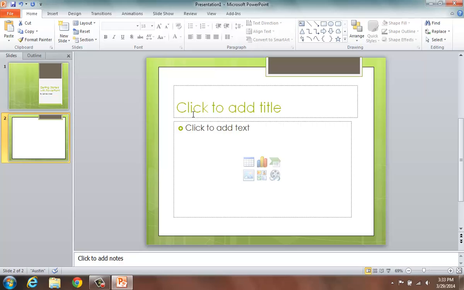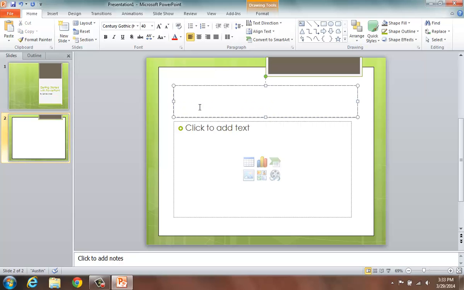For example, when you take a look at what I have on the screen, if I decided that I wanted to talk about portrait mode, I can click inside of this area. And this area here, even though it's in a rectangular mode, is referred to as a placeholder. And this placeholder has what we refer to as dotted borders around it. And in particular, a title typically goes in this spot. So what I'm going to do is type this in and say portrait